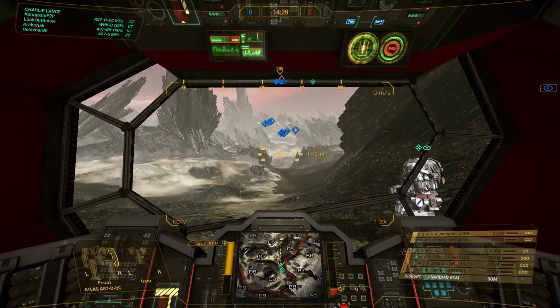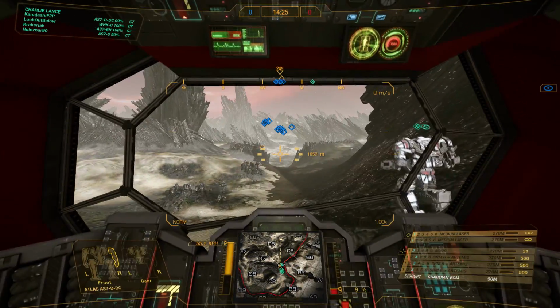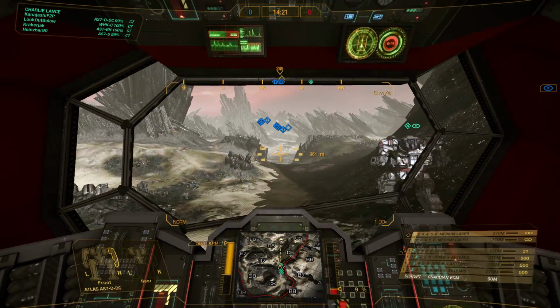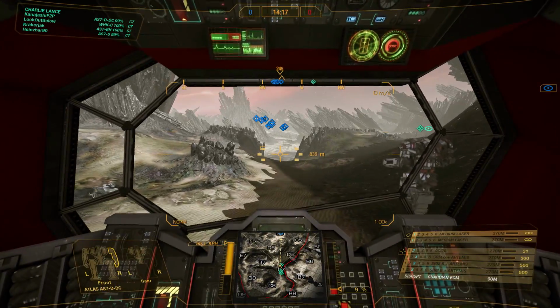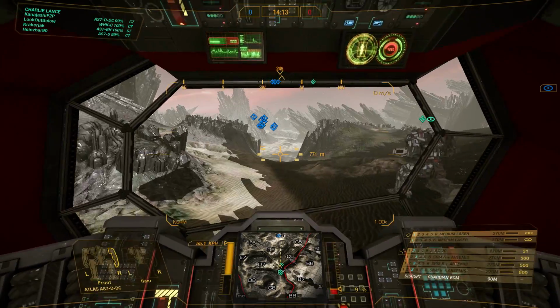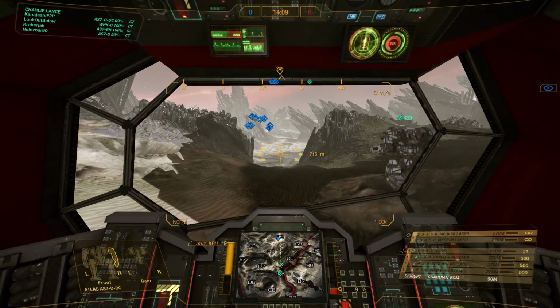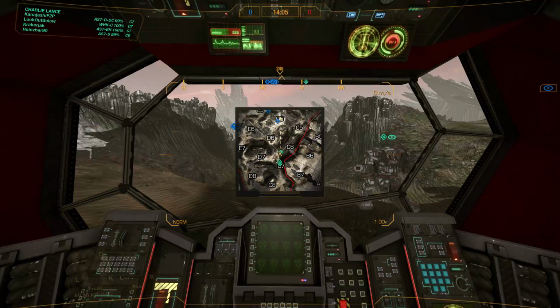Oh my, we're only going 55k. I wish I had nitros in this goddamn mech. Hit my mask, bring this thing up to like 70 or 80. It'd be so much nicer. But unfortunately, I don't. We cannot do such things as we meander towards the enemies here, ever so slowly,